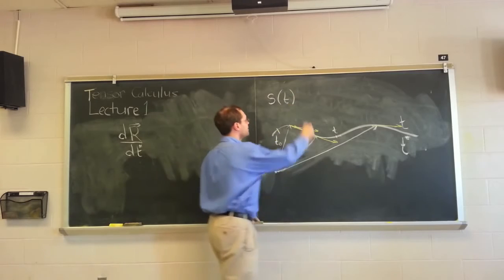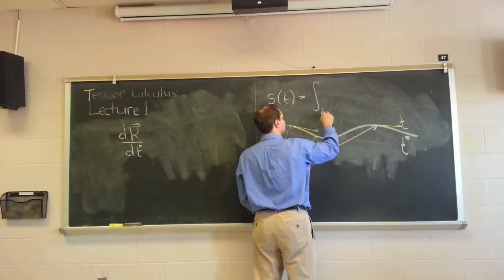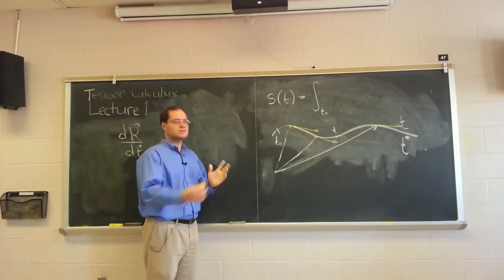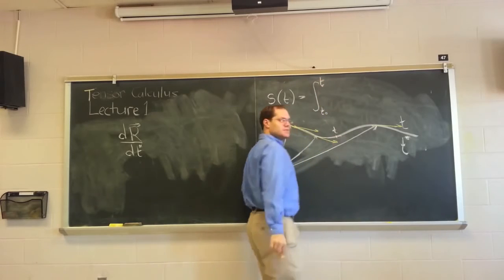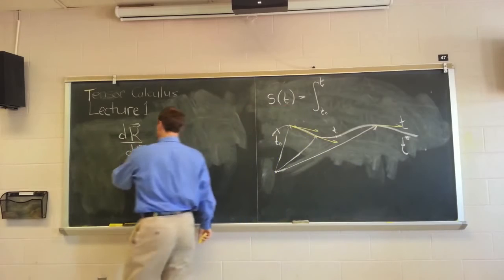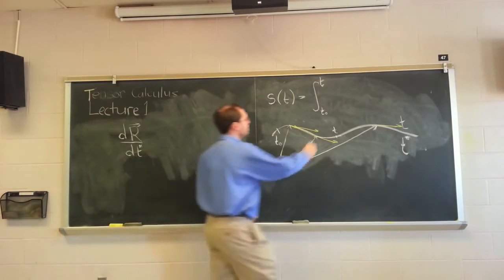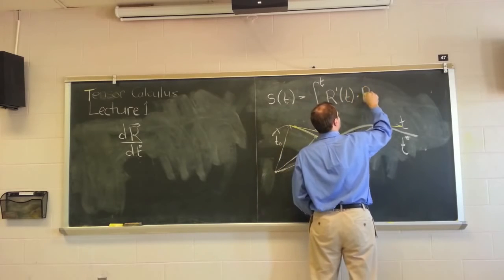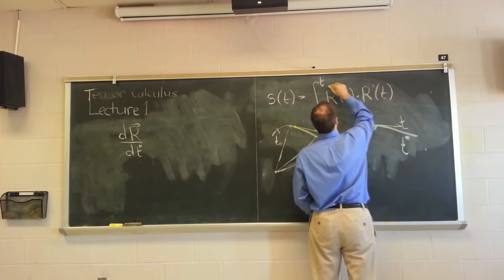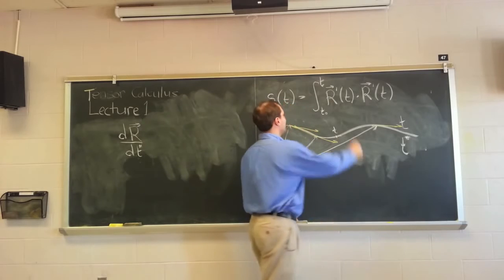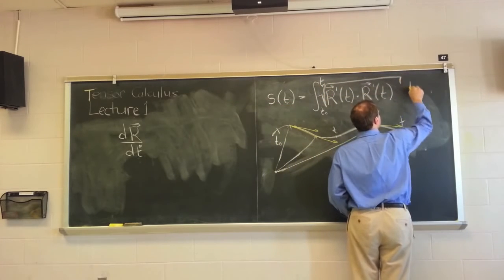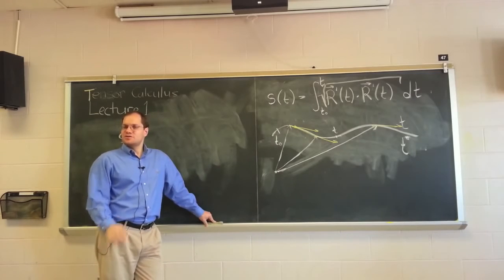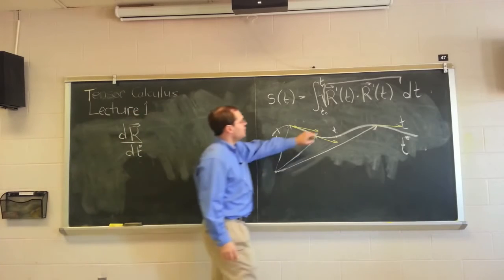as a function of time, is defined as the integral. You have to pick the point where arc length equals 0. So we're going to say arc length starts here. Depending on where you choose, you'd have a different function, but it'll be just a shift. From t0 to t. So instead of saying dr/dt, I'll just use shorter notation, r prime. r prime of t dotted with r prime of t, all under square root, dt. So I think it corresponds to your intuitive understanding of what length is, because r prime of t is